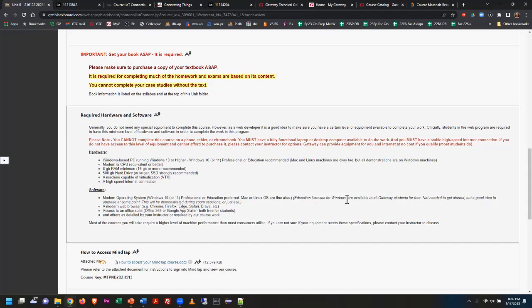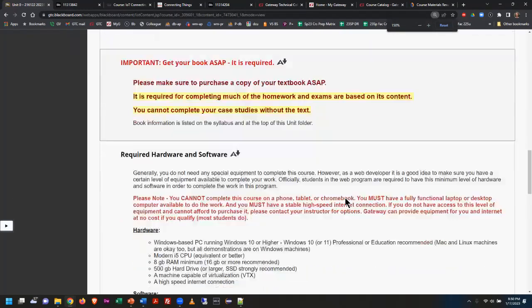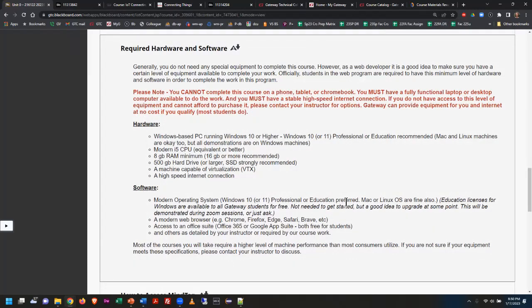We go back to where we started, which was this required hardware and software thing. At some point, we probably won't do it this week, but next week is actually a potential that we would do this. I will show you how to get a Windows 10 or 11 license key for the education version of Windows. So what I told the earlier class is most of us, when we go as consumers to buy a